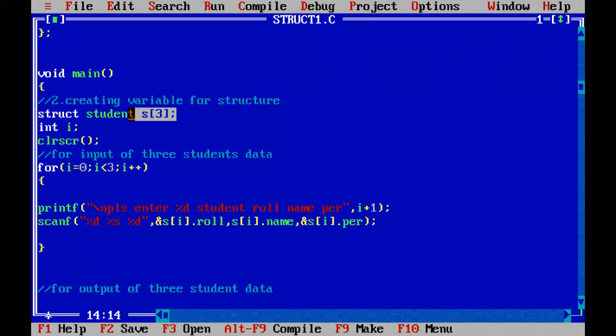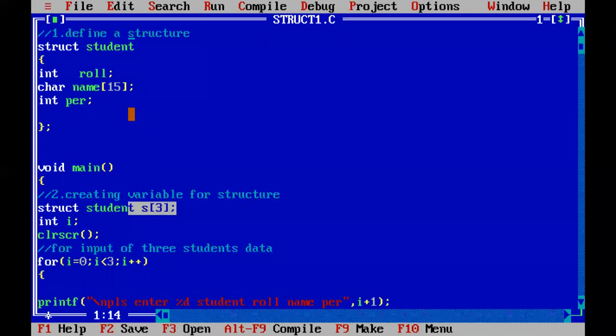So in this particular example, we completed structure definition, and we discussed 4 important subheadings. First one is how to define a structure we discussed, and how to create a variable for structure we discussed, and how to initialize the values into structure we discussed. After initialization, how to access also we discussed. How to access? By using the dot operator. So after this, we got a doubt that, sir, we are creating structure for one student, second student,